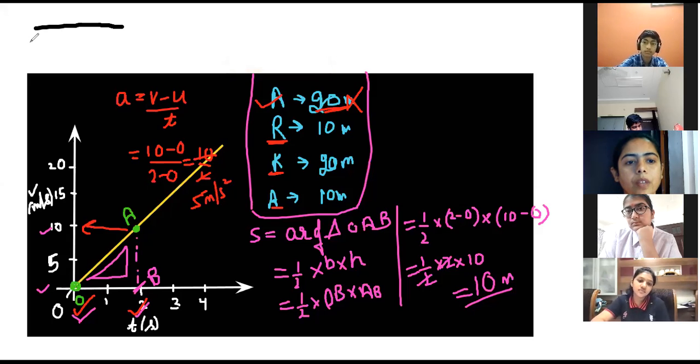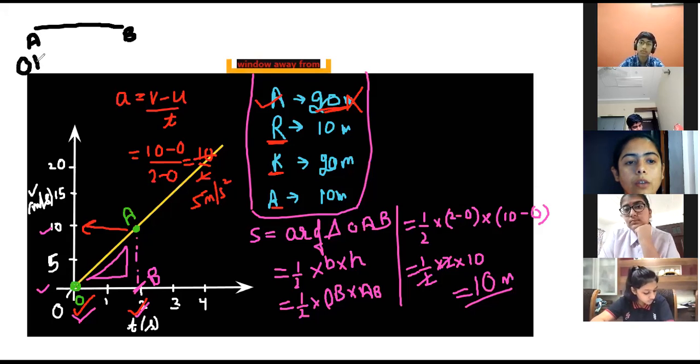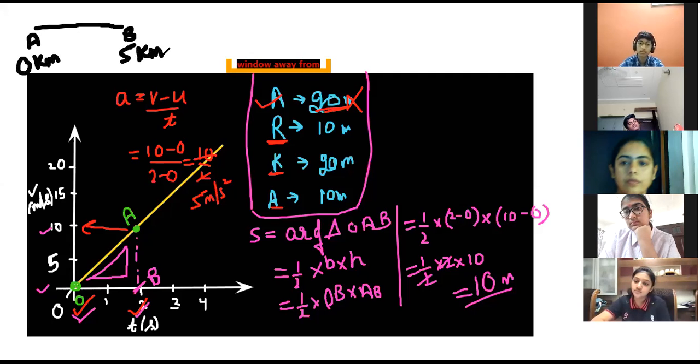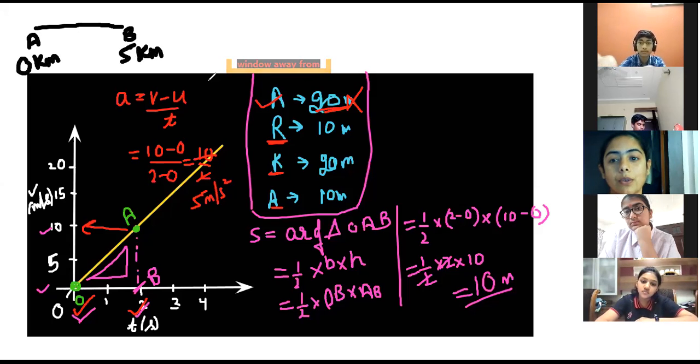Yes? Okay. So let's say this is point A from where you start your walk. This is point B where you end your walk. At the starting, it is written 0 kilometer. Where you end, it is written 5 kilometer. So what is the distance you have covered? That is final 5 minus 0. Yes, 5 minus 0. Understood?